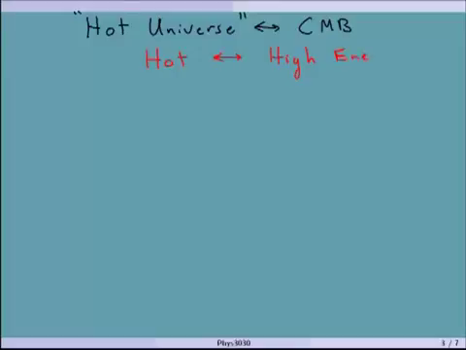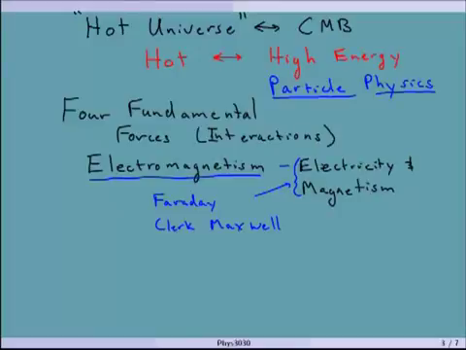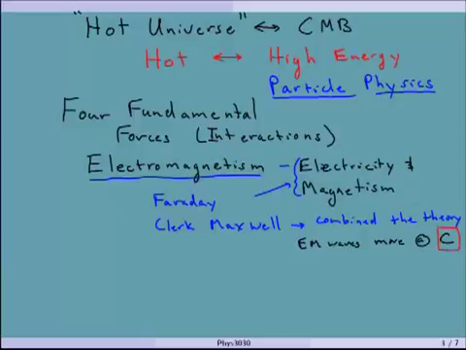And there's a set of equations called the Maxwell equations, which describe all of electromagnetism. He showed that he combined the theory into one theory, and showed that the electromagnetic waves, so E and M waves, happen to move at our favorite velocity, c. And it was when the theory showed that electromagnetic waves moved at the speed of light that it was realized that light is electromagnetic waves. That was the real connection there.